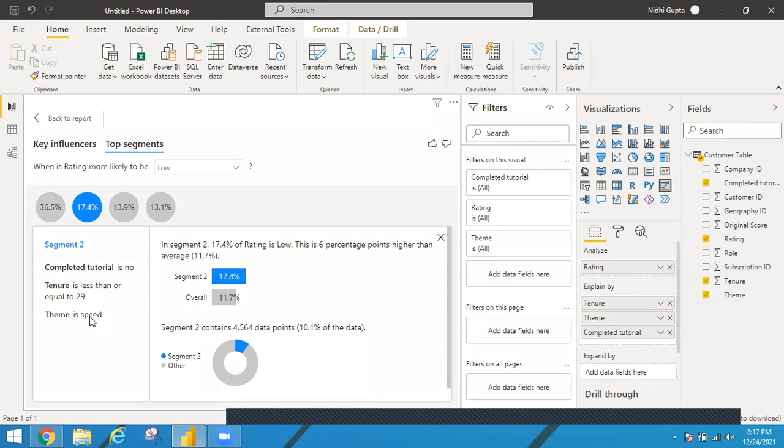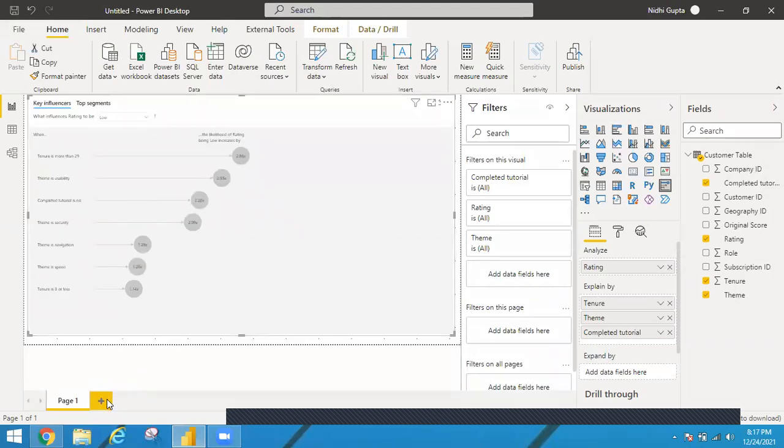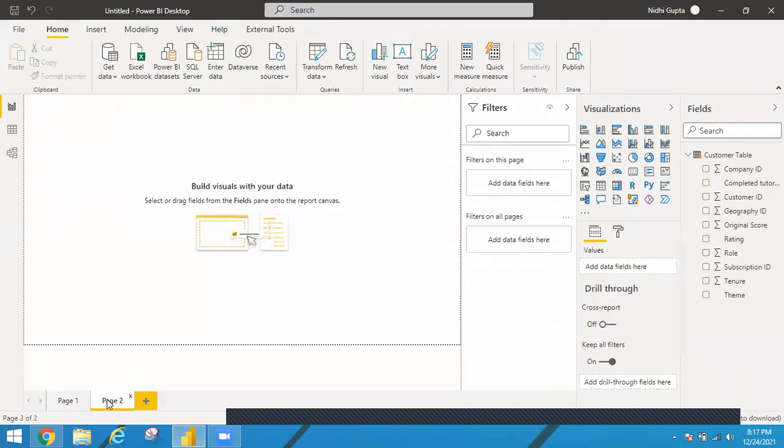Okay, so your key influencer will always give you the details about the columns and their values which are affecting our main column, but the top segments will give you the data in groups or segments on which we can actually work along with the client or the customer. Okay, that is one of the reasons key influencer is used. So whenever I have data but I don't know where to start, or what to analyze, in that case I can use this. Another case is where I have to analyze the data and I'm not sure where to start. So in that case I can pull my target column, and based on the target column I can decide it. Okay,